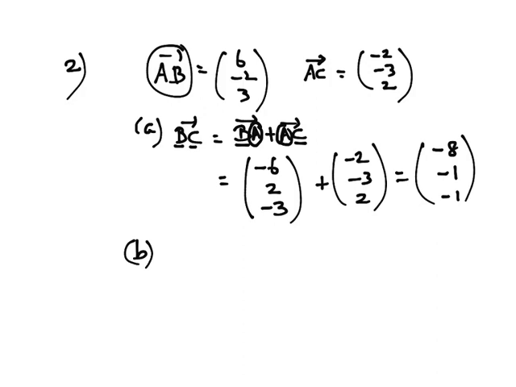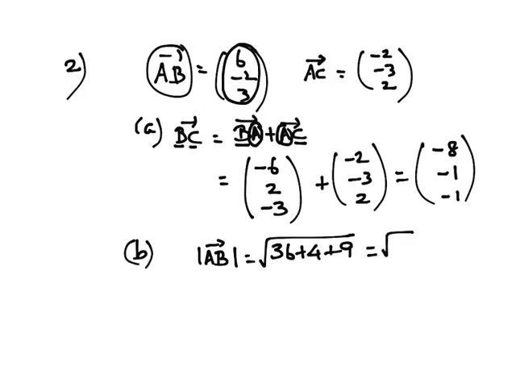That means first I need to find the magnitude of AB. So magnitude of AB is, I need to square each component and then add them. So 36 plus 4 plus 9, which is square root of 49, which is equal to 7. So the answer is